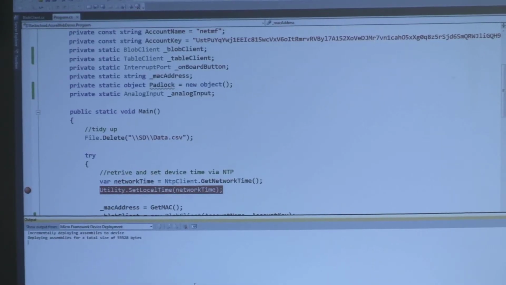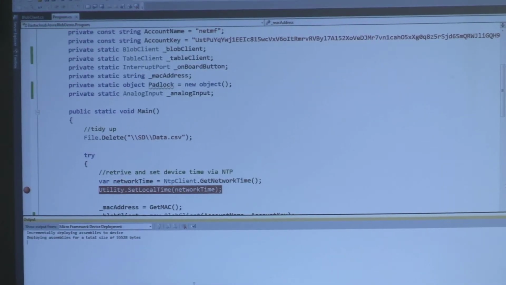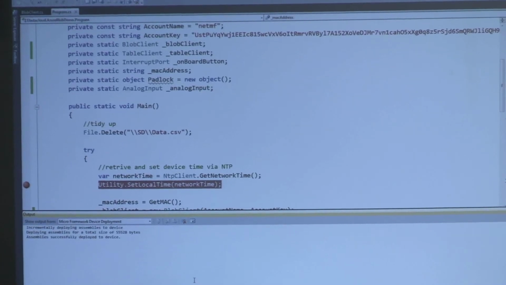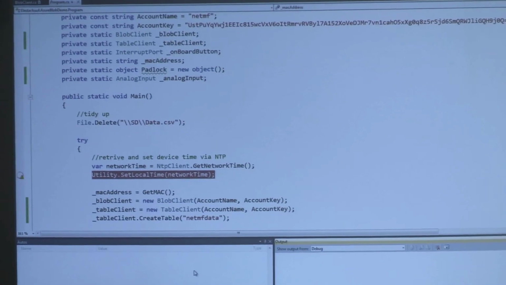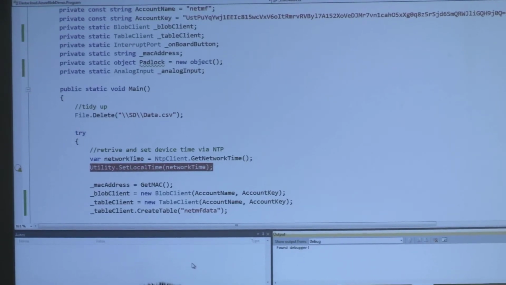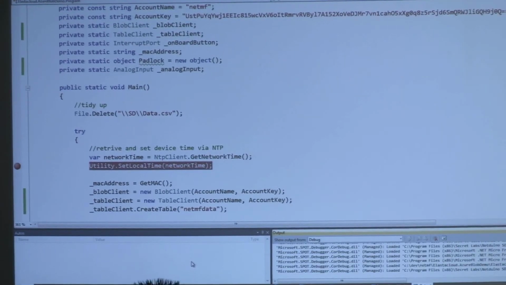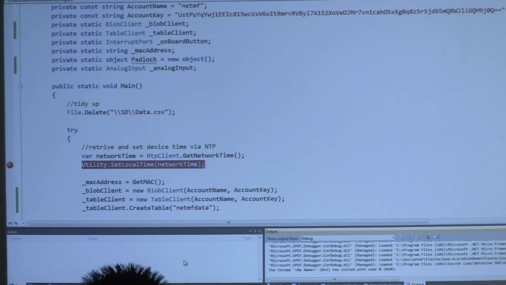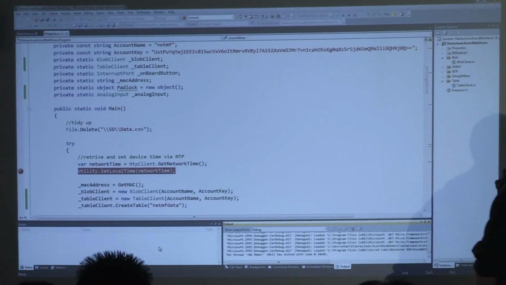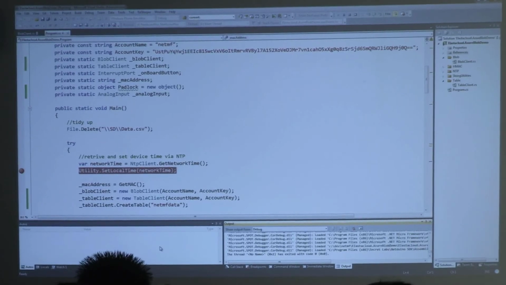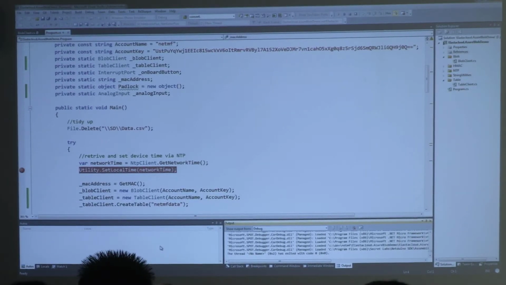So, 50 kilobytes. Not very much in this, to be honest, and there you go, assembly is successfully transferred. And now we're in a debugging context. One of the first things it will do is pause before we hit here, because it's going over the network to get a network time in order that it can set itself up. Hopefully this bit won't work. This will work.